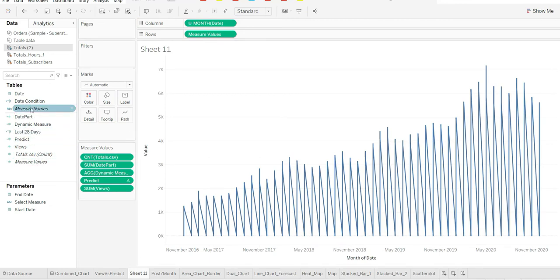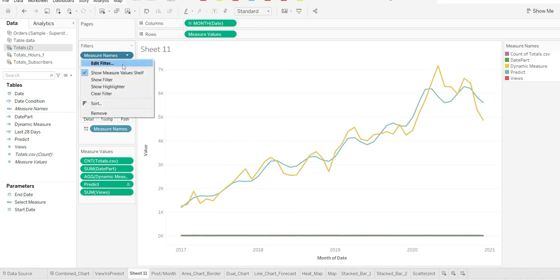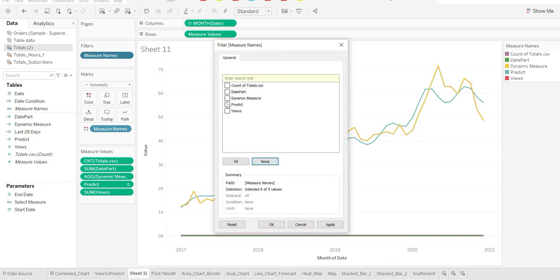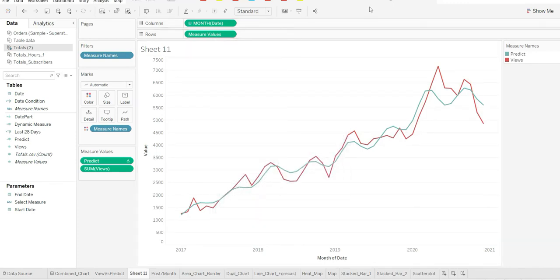We should have measure name, set color, and we'll try to have only two colors over there, that is predict and views. And that's the way. This is the right chart for me because this is showing me trend for sure. As you can see, my prediction and the actual views are not going bad until this position, which is around 2020, say March, where it was expected to flatten over there, but it has gone up and